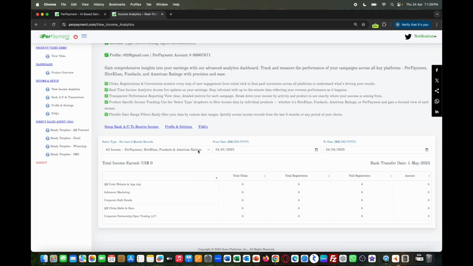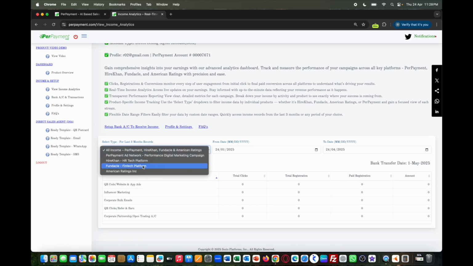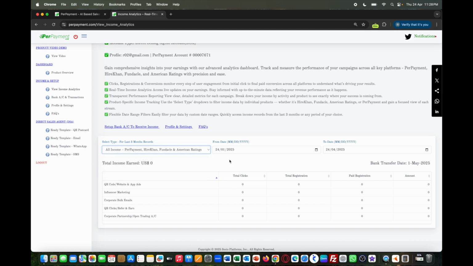You can also click on the drop down and select the specific product for which you have done the campaign. If you want to filter the date of a campaign, you can also select the date, the start date and the end.